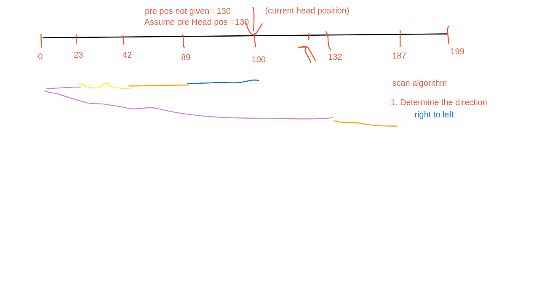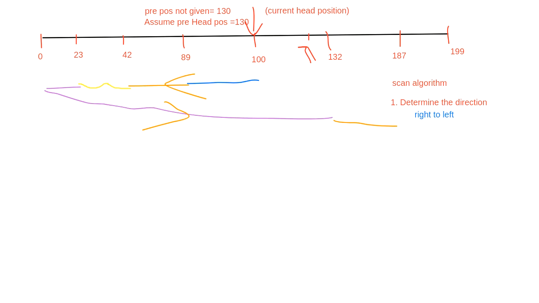Okay, it will go to 187. This is how your scan algorithm works. In the scan algorithm, a few things are important. First, the direction is determined, that is right to left, so it will complete all the requests in this direction, and after completing the last request it will go to the end of the sector, and then take a reverse gear. In the reverse direction, it serves until it reaches the last request. This is how the scan algorithm works.